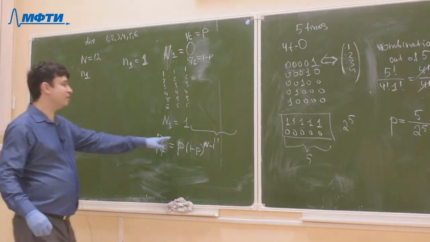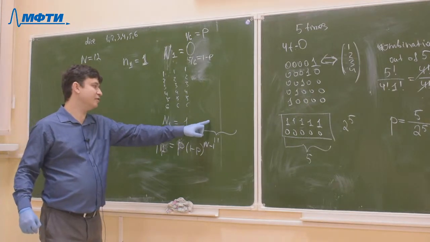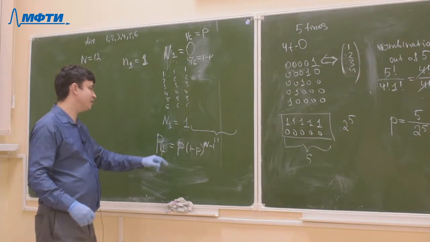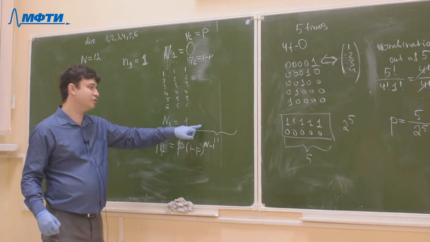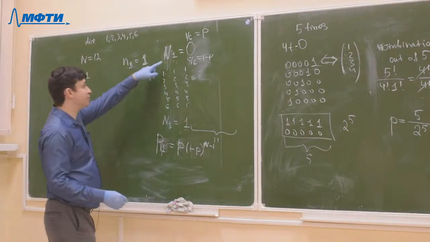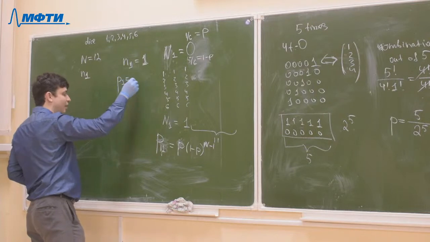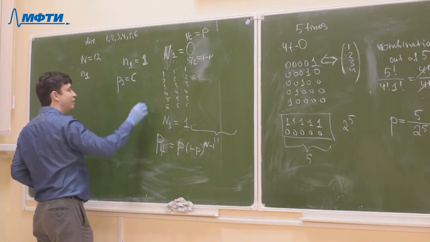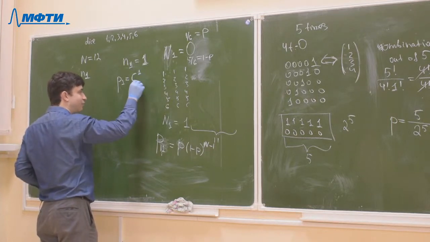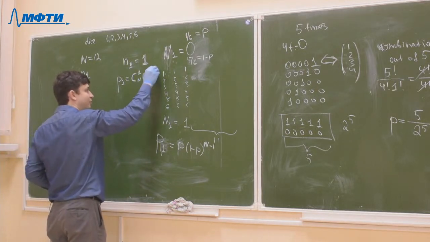But this is only one of the possibilities, because if I consider only the results in which I have a single 1, then I also need to consider the other possibilities, that I have the 1 on the second position, the third, the fourth, and so on. So to calculate this probability P1, I multiply the number of combinations, C1 of n, by the probability of each of them, p multiplied by 1 minus p